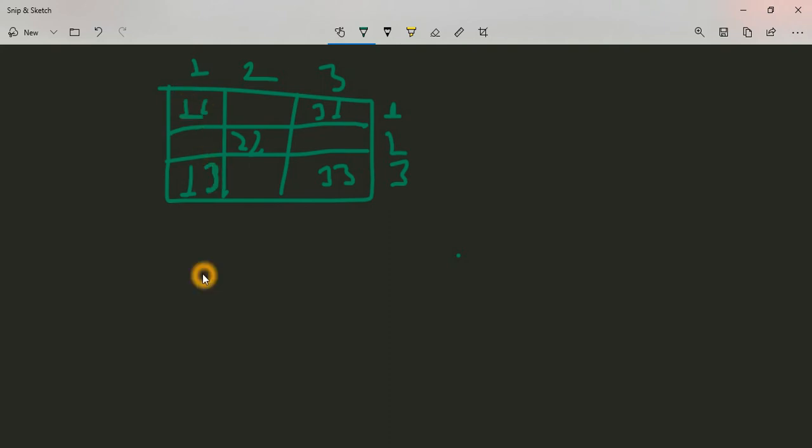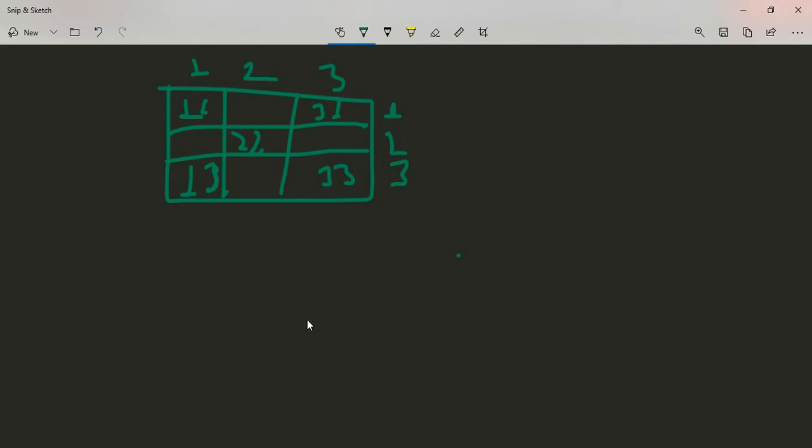To find the sum of all the elements of the left to right diagonal, we can simply check if the index of a row is equal to the index of a column, then we can simply add that. But in case of the right to left diagonal, we have to do something else.